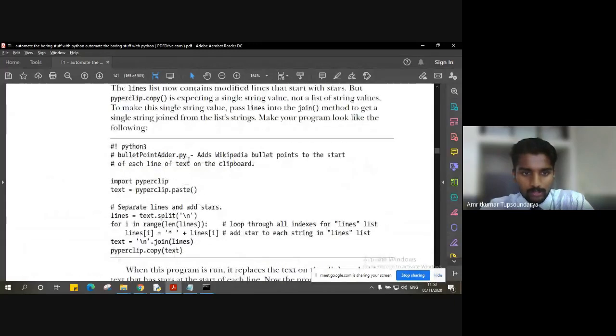So, for example, as you can see here, the other things remain the same. This is the shebang. There is just a comment, right? It will add the bullet points to all these statements. For that, we have to include pyperclip again, which is going to copy and paste the text separated by the new line. Here you can see we take that text and split it on \n, which is the new line, and for every new line we add a star, right? The number of lines we have is the number of stars added, and ultimately we join that text using the join method.